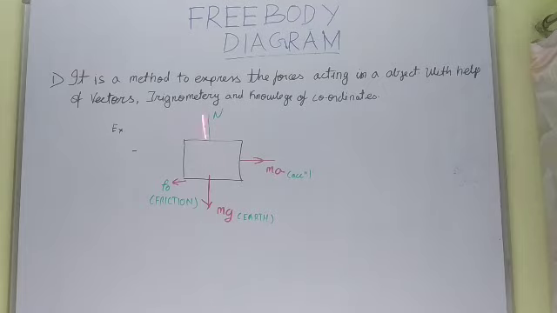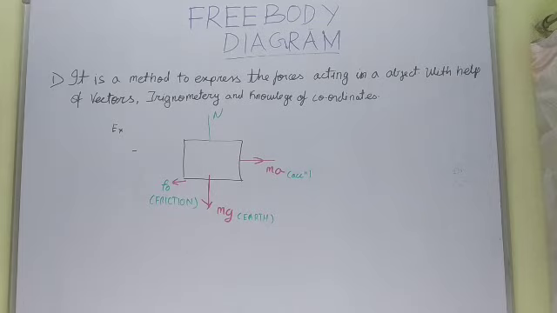For example, take a box, or any object like a car or a watch. When it is kept on a table, it experiences four kinds of forces. All these forces balance each other, therefore the object stays in a static position and does not move with respect to the observer. At first we have mg, the force due to gravity. Then we have ma, the acceleration, F, the frictional force, and N, the normal.